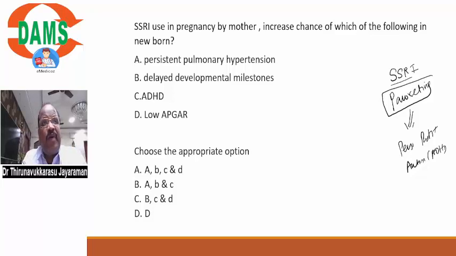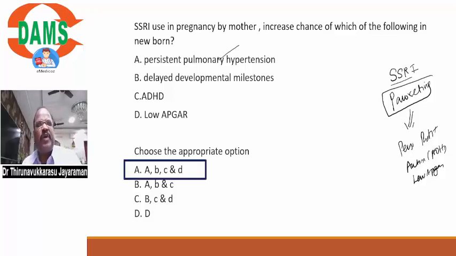So at the time of delivery, because of respiratory distress immediately after delivery, the baby may have a low Apgar score, and there is a remote possibility of cognitive and motor disturbance, sometimes delayed milestones. So definitely there's a risk of pulmonary hypertension. Others are also possible adverse effects. So I think I can go for option A. That is all possible. If only one response, go for persistent pulmonary hypertension. If multiple answers, better go for all the possibilities.